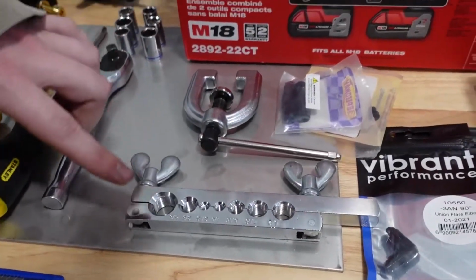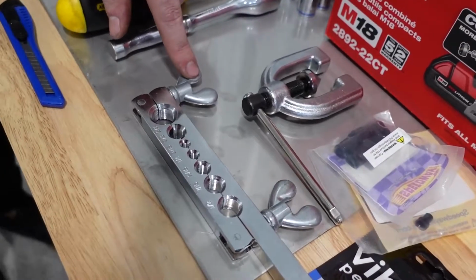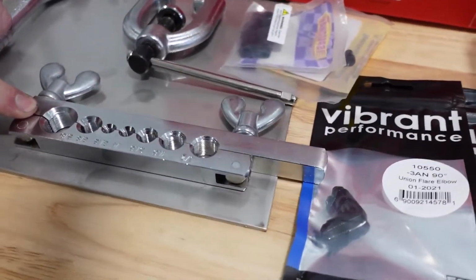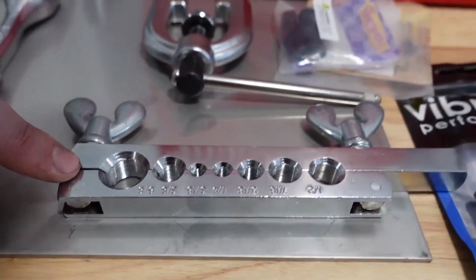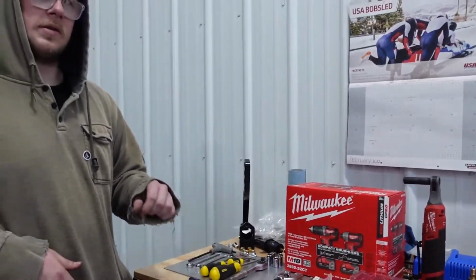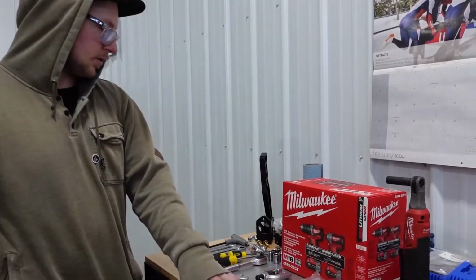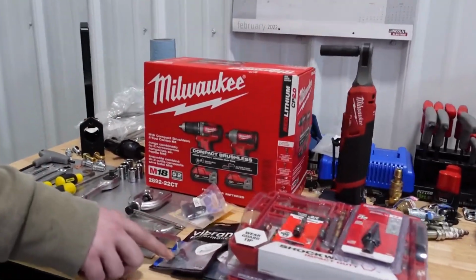This is probably one of the most important parts that we're gonna need. This is a 37-degree flare tool, a hard brake line flaring tool. You're gonna need 37 degrees in order to do AN fittings. Since we're doing all -3 AN fittings, AN flare is 37 degrees. On top of that, we have compression hardline fittings, and then just an assortment of other hoses and -3 AN fittings,